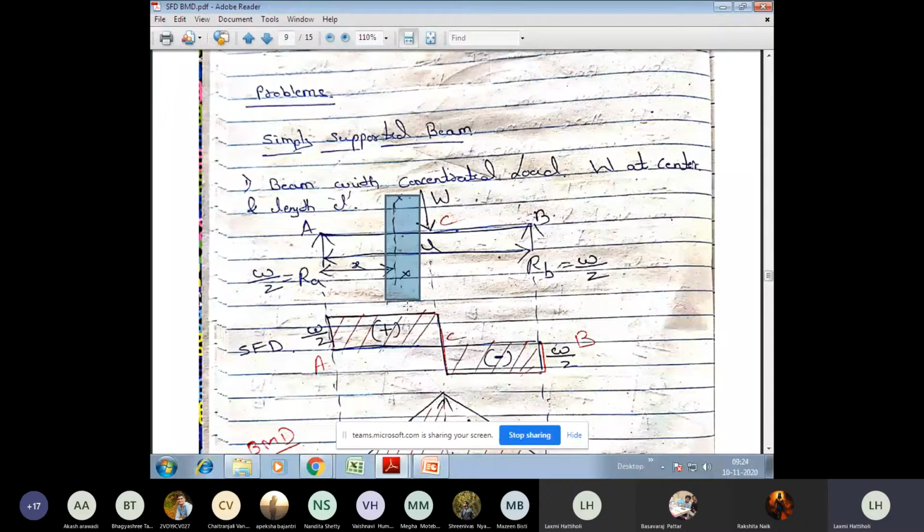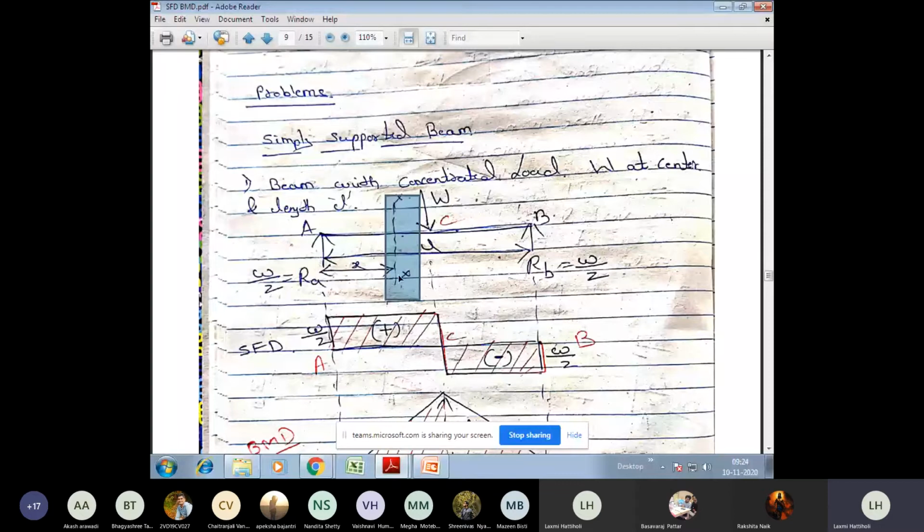For shear force, if you are coming from the left side, then left side upward force is positive, left side downward force is negative. Just remember this: left side, upward force positive, downward force negative. If you're coming from the right side, then upward force becomes negative, downward force becomes positive. Now always have a habit of at least taking from the left side itself, so that upward positive, downward negative can be easily understood, right?